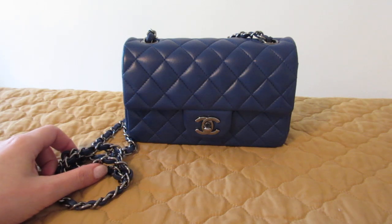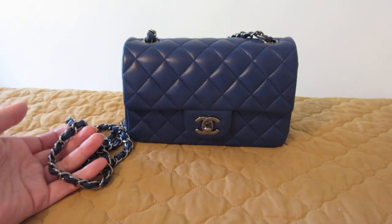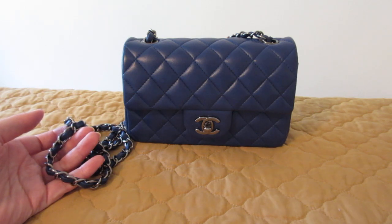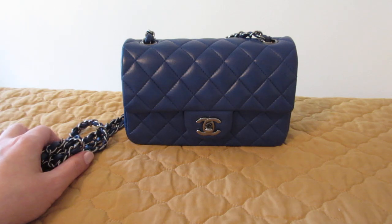So that's the number one reason I decided to get rid of it, is the weight of the chain. Once the contents are inside of the bag, it's too heavy. The number two reason that I'm deciding to part ways with it is just the fact that it's a mini bag. Mini bags have been on trend for quite a while now, and obviously mini bags have been around for